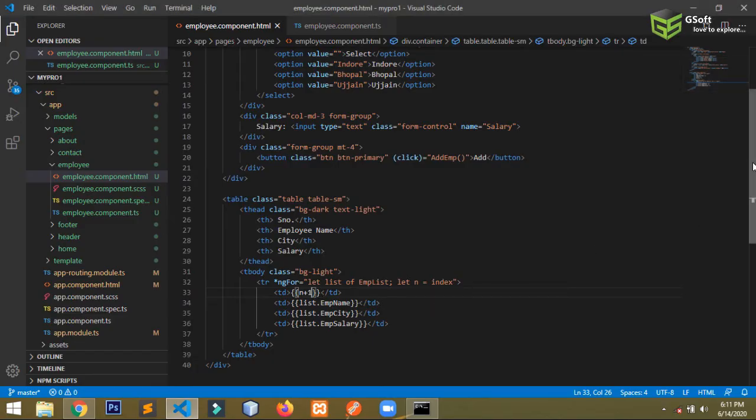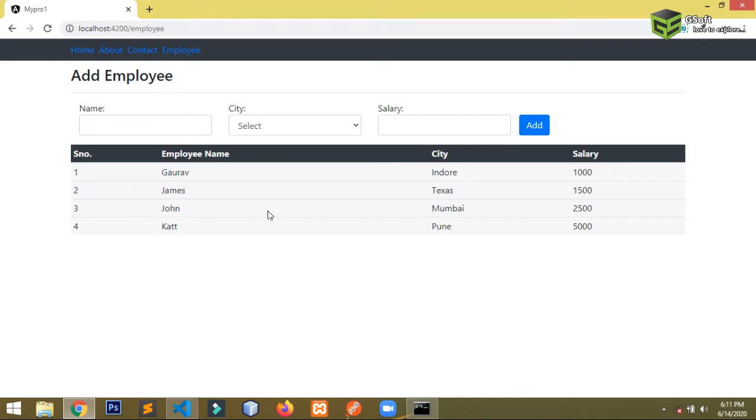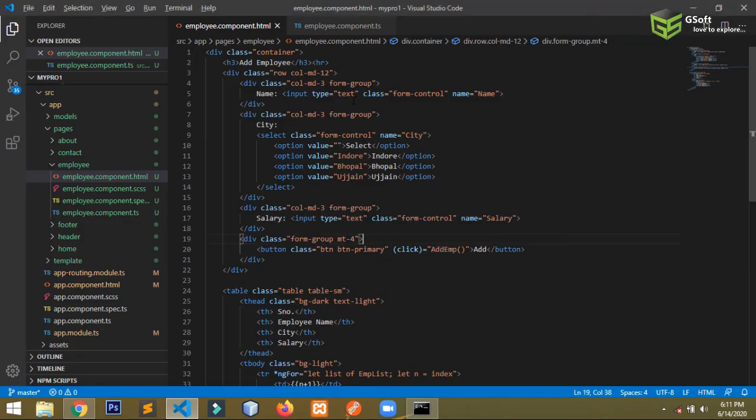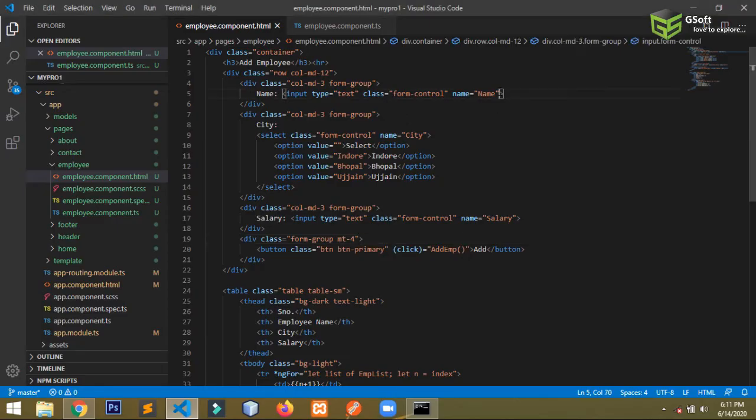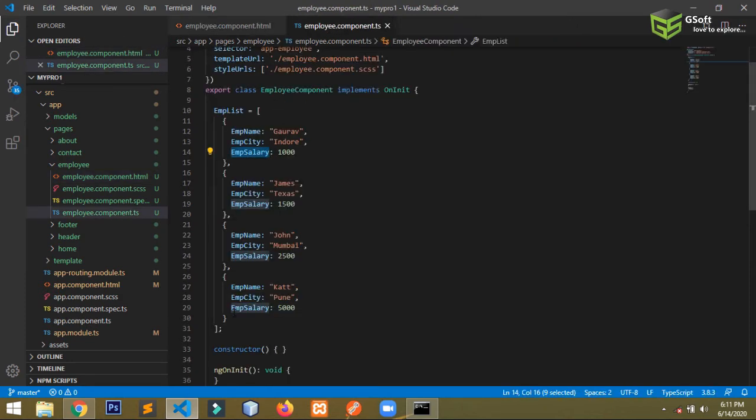Now let's move back to our click event. Now I want whatever information I enter here, when I click on the add button, it should be added here. So for that you have to bind the inputs using a model. In the older version you must be using ng-model, but here I will be showing you how to do that. Firstly we have to create an empty object. If you won't create any empty object, it will throw an error, because in the older version it was not necessary to define the model here, but here we will have to define it.